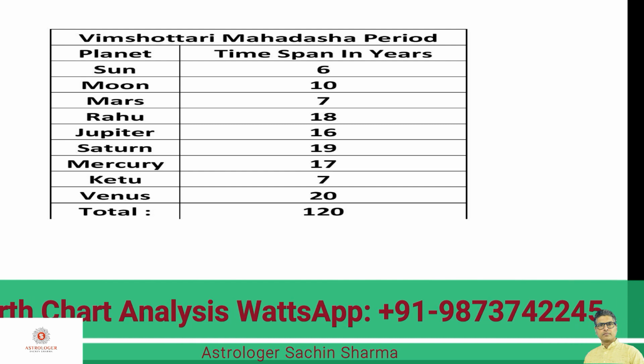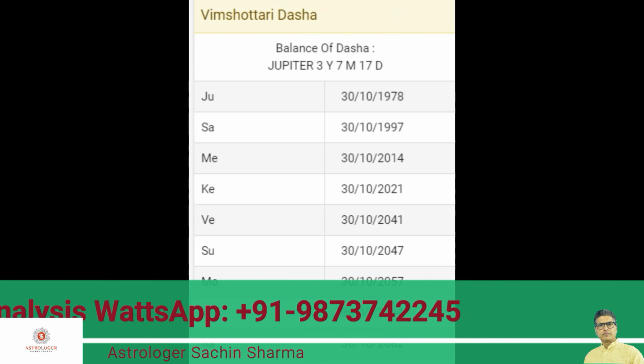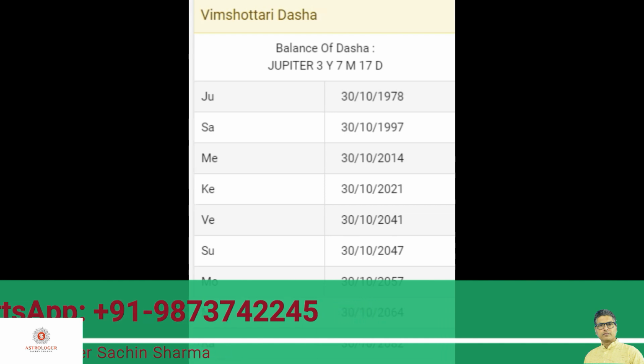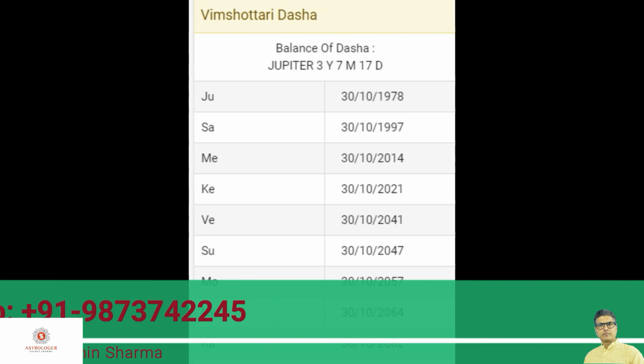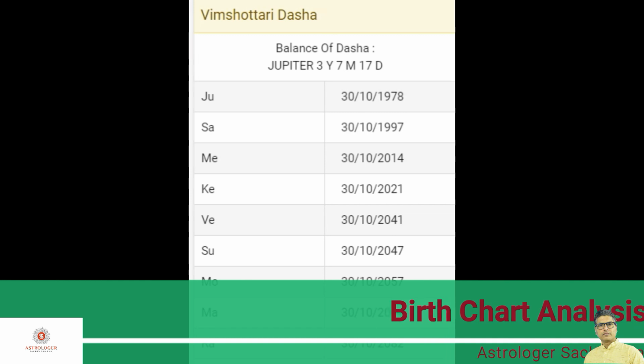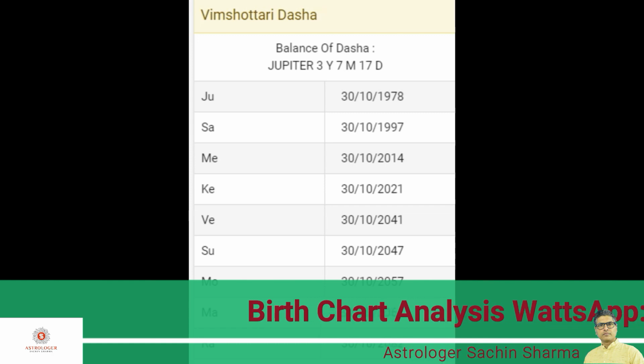Let us understand this concept with the help of this birth chart practically. Whenever you see a birth chart, Vimshottari Dasha is written somewhere. In this particular birth chart, whatever first Mahadasha is written, that is JU. JU stands for Jupiter. That means this person was born under Jupiter Mahadasha, right? So after Jupiter comes Saturn, that means this person will face Saturn Mahadasha, and after Saturn, this person will face Mercury Mahadasha. After that, the sequence will follow as we have already discussed.